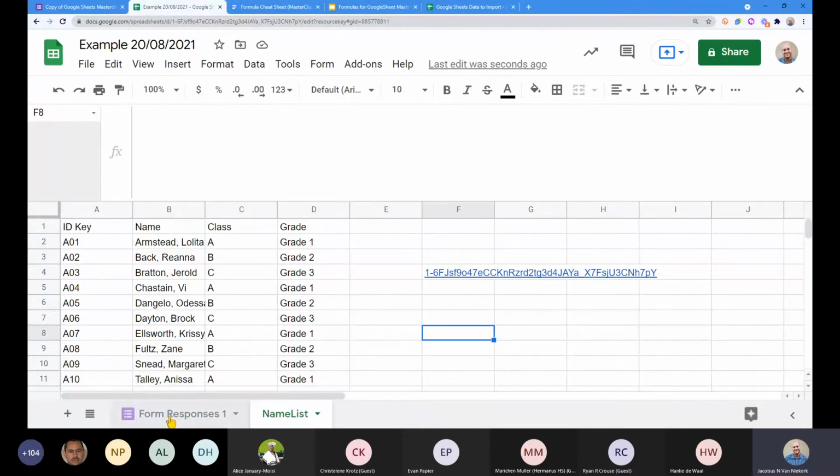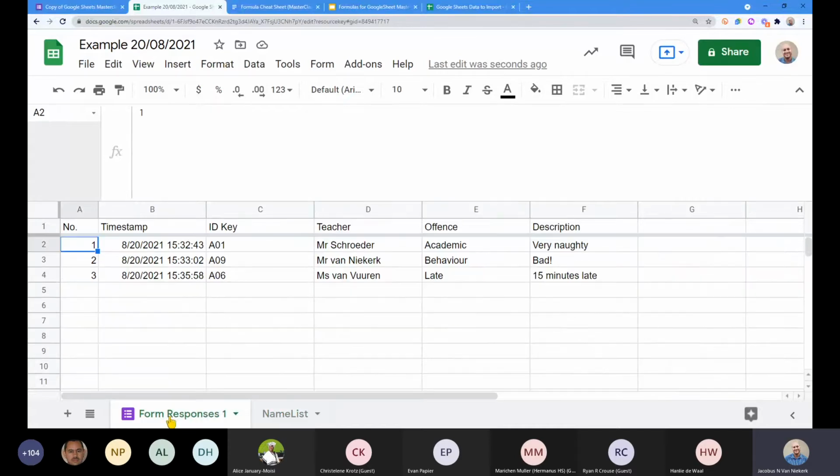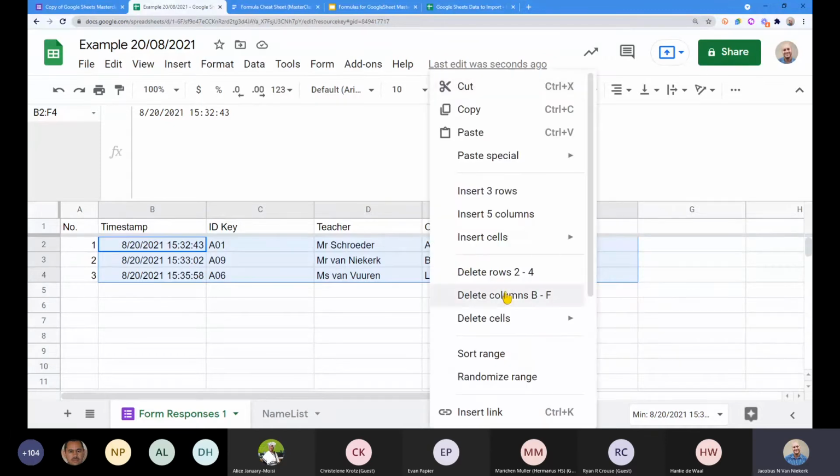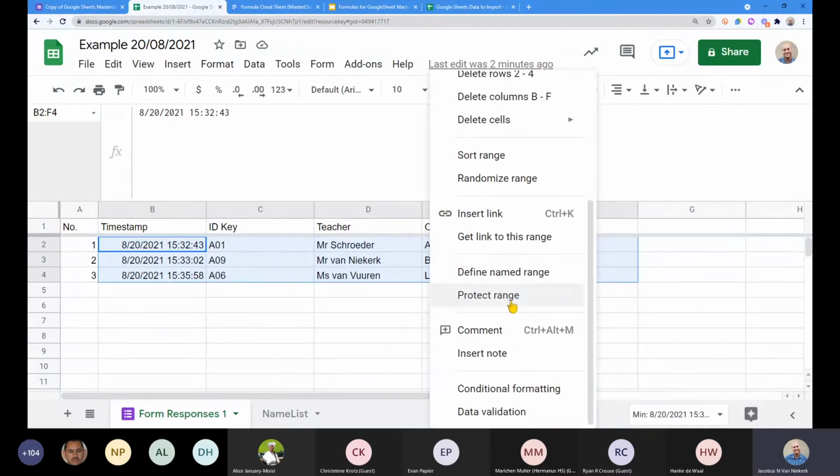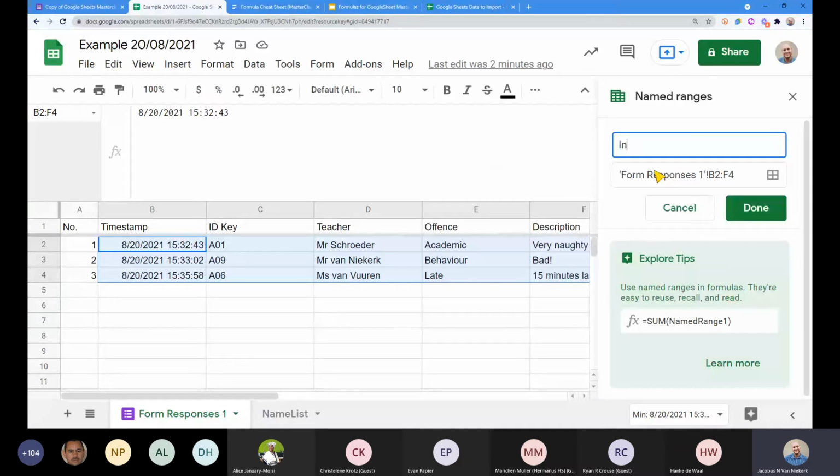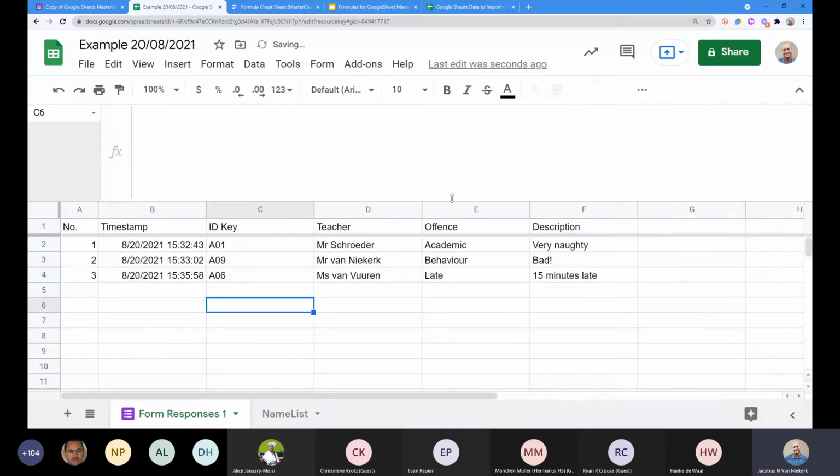Now, if you have never used these before, it makes formulas a lot easier if you're going to have ranges. You can simply go to this form response. Just to show you something quickly here, I can go and I can select this part. This is now my named range, and then right click on it, and we say define named range. So once you've selected something, I say define, and I'm going to call this input data, and it's now going to know, okay, so input data is now a range.